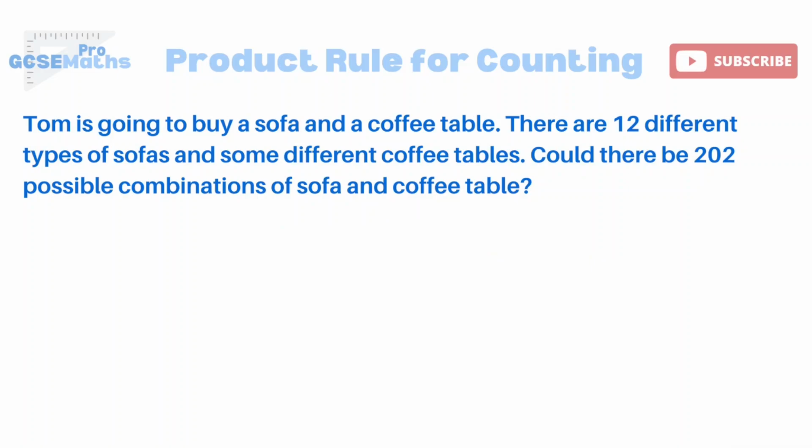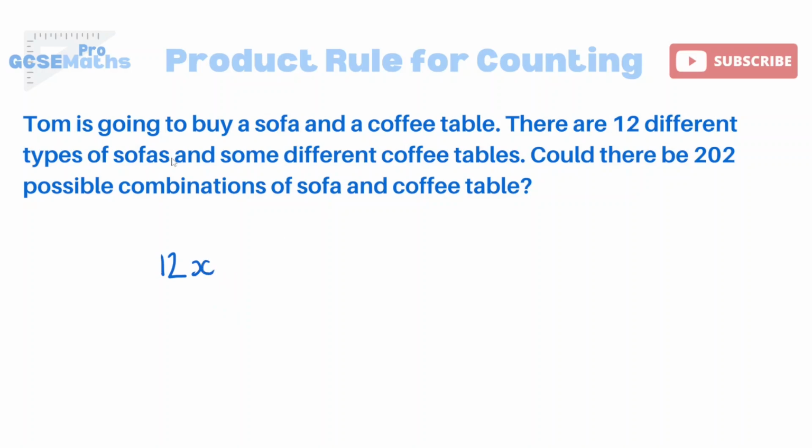So our last question here is a little bit similar to the previous one. Tom is going to buy a sofa and a coffee table. There are 12 different types of sofas and some different coffee tables. Could there be 202 possible combinations of a sofa and a coffee table? So I'm going to do exactly the same thing where I set up that equation. So I would do 12 times the number of coffee tables,